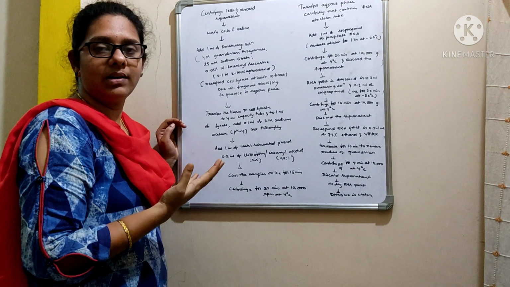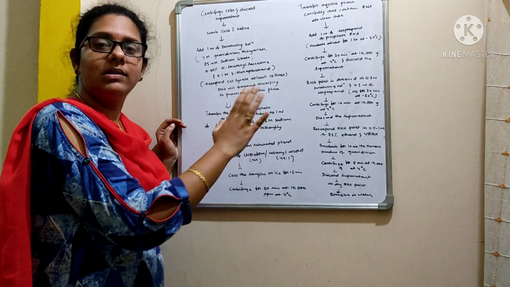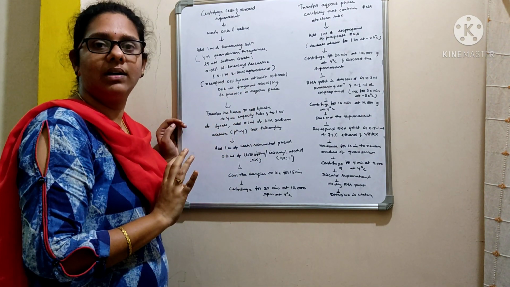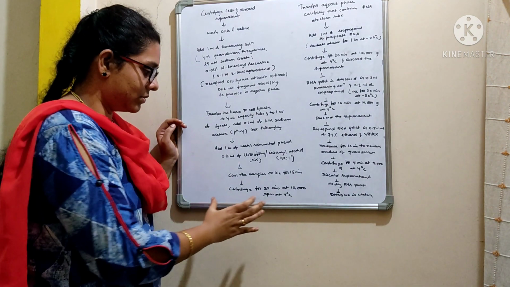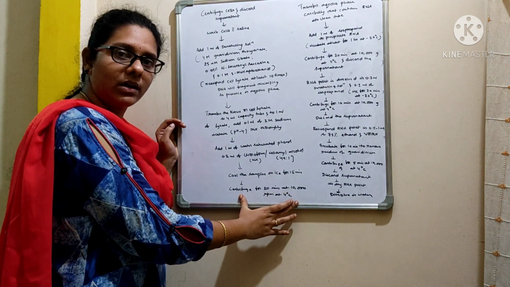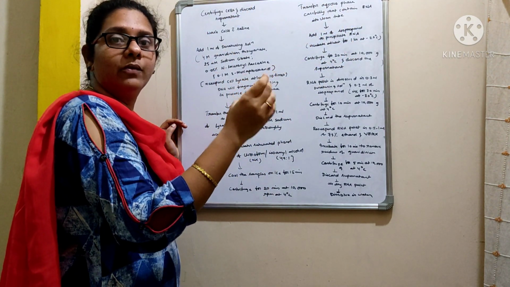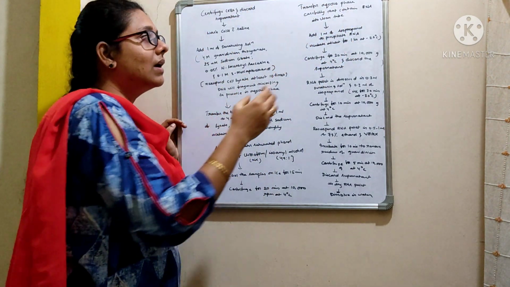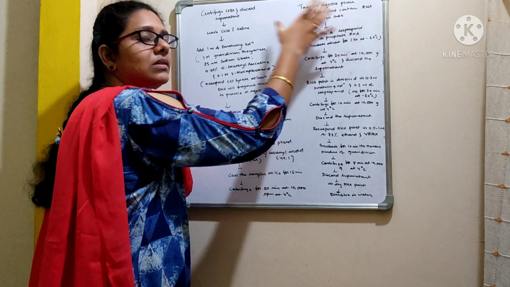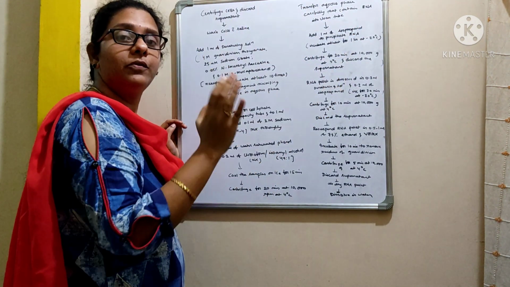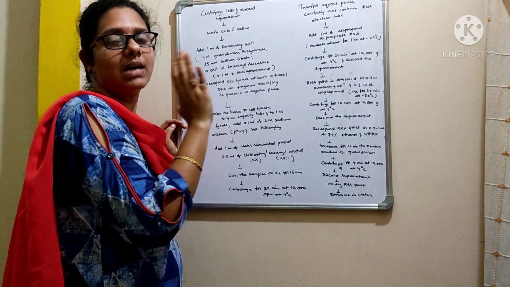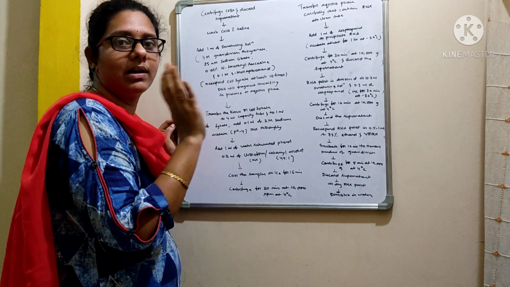If there is any change in the temperature or any change in the pH, that may lead to the degradation of RNA. So once you are done with the step of centrifugation, you are going to transfer the aqueous phase where the RNA is present. Transfer that aqueous phase into a fresh tube free from RNases, otherwise those RNases will degrade your RNA in the sample.